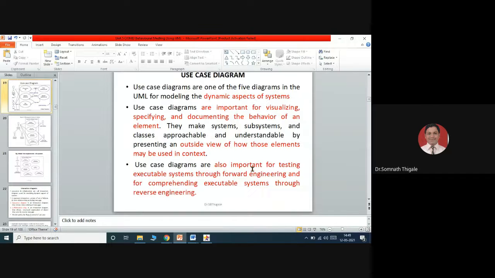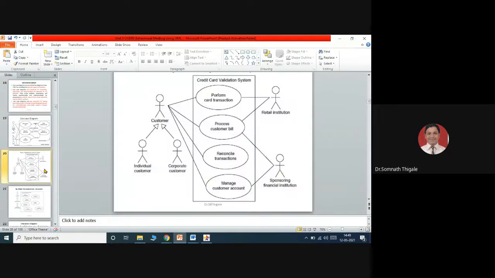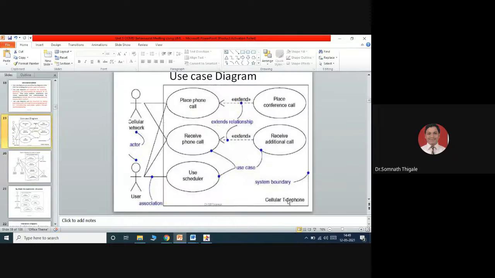Okay. So try to draw these two diagrams from your side. One is the cellular telephone system.